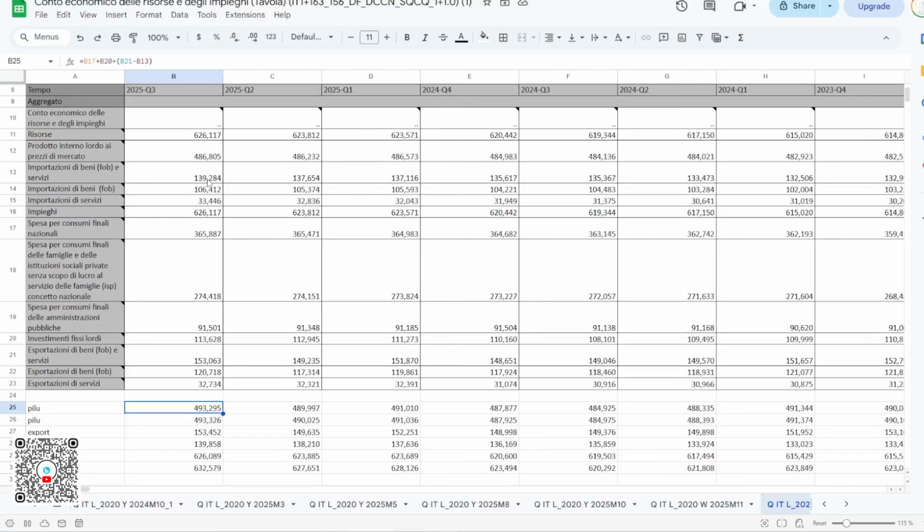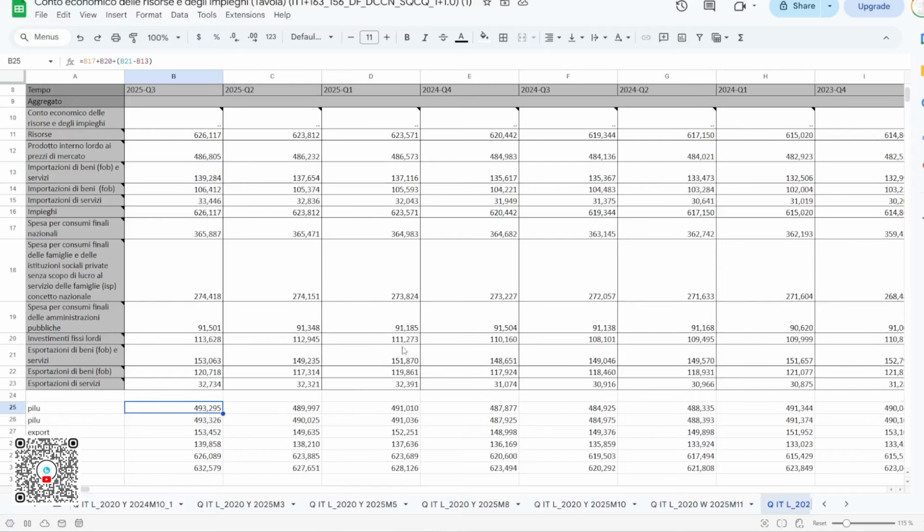There must be an explanation which probably I've not read of, but I believe that the difference... Okay, let's see here. If we sum the final consumption, which is the sum of the private consumption plus the public consumption, and we sum the fixed investment, so we sum 365 billion and change plus 113 billion and change of fixed gross investment, and we sum exports, 153 billion in exports minus 133 billion in imports, we get to